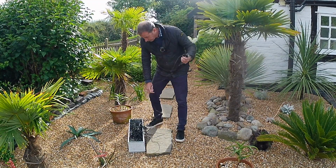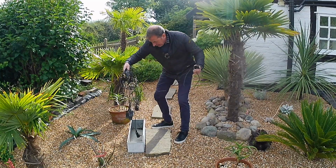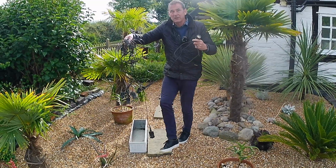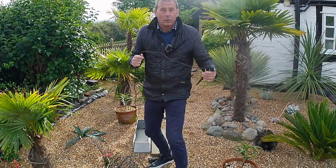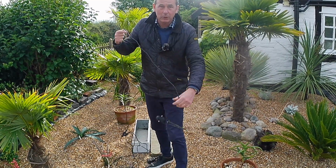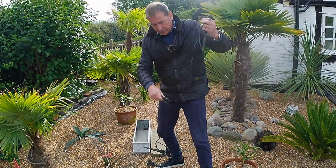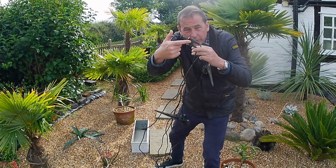But these are insets, and I think I've got 1, 2, 3, 4, 5, 6. I've either got 6 or 8 lights on this set. You can add to them. A friend of mine bought one set of 6 and then bought another 3 and added them on the same wire. They come on a wire. That's the end one, so that's like the terminal one. And then you just kind of add more in sequence using this kind of